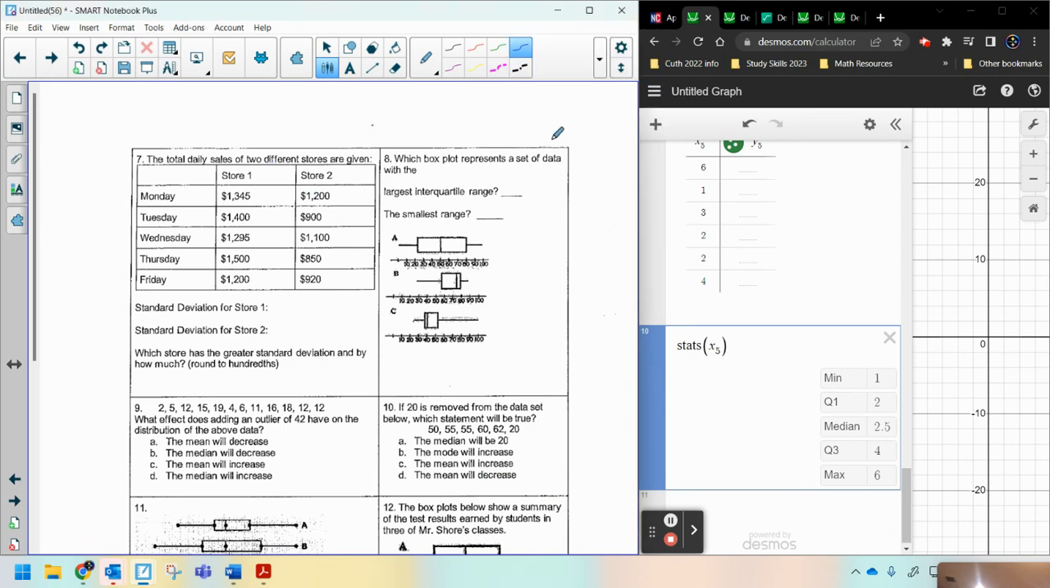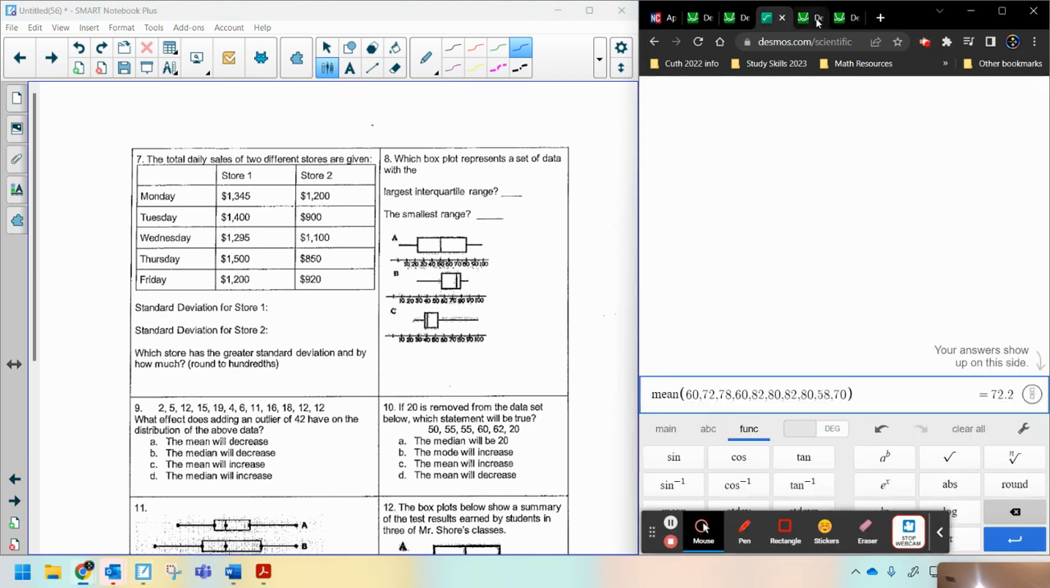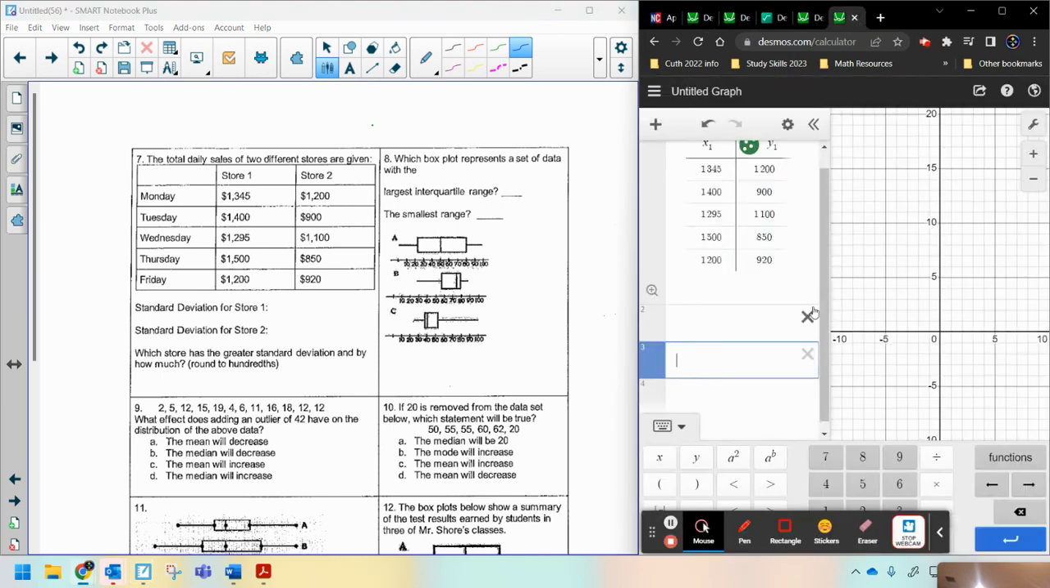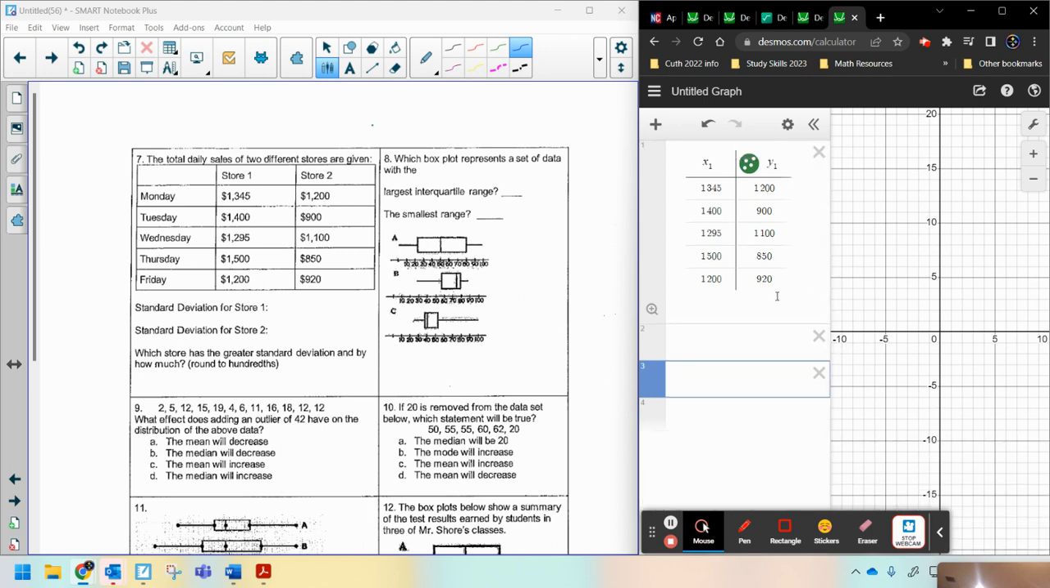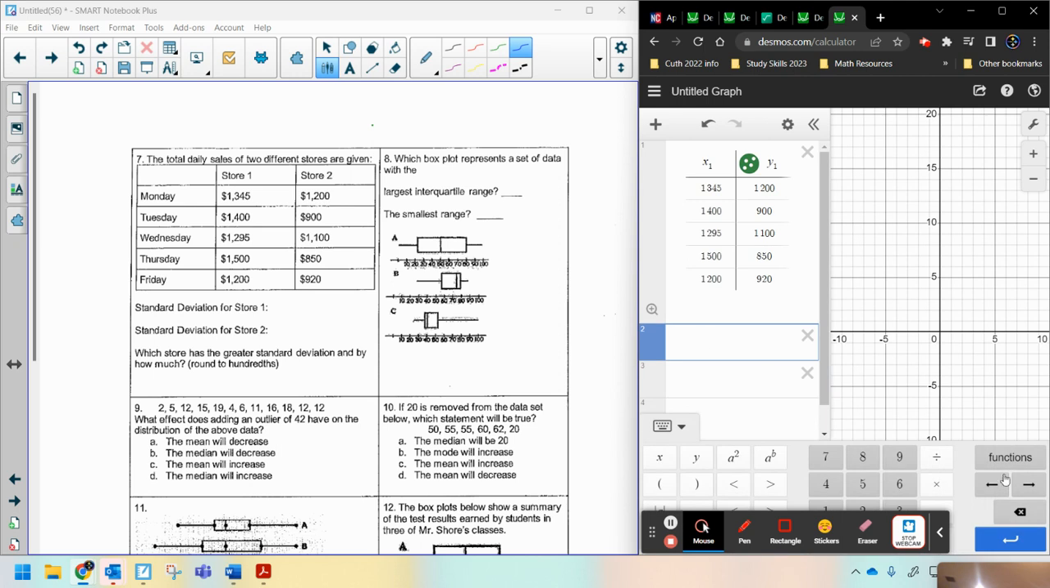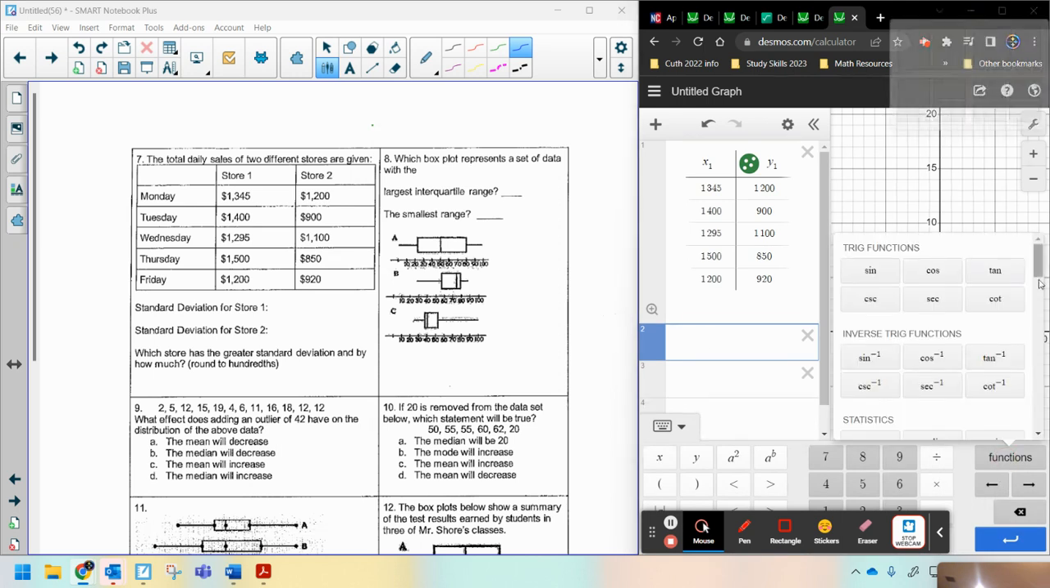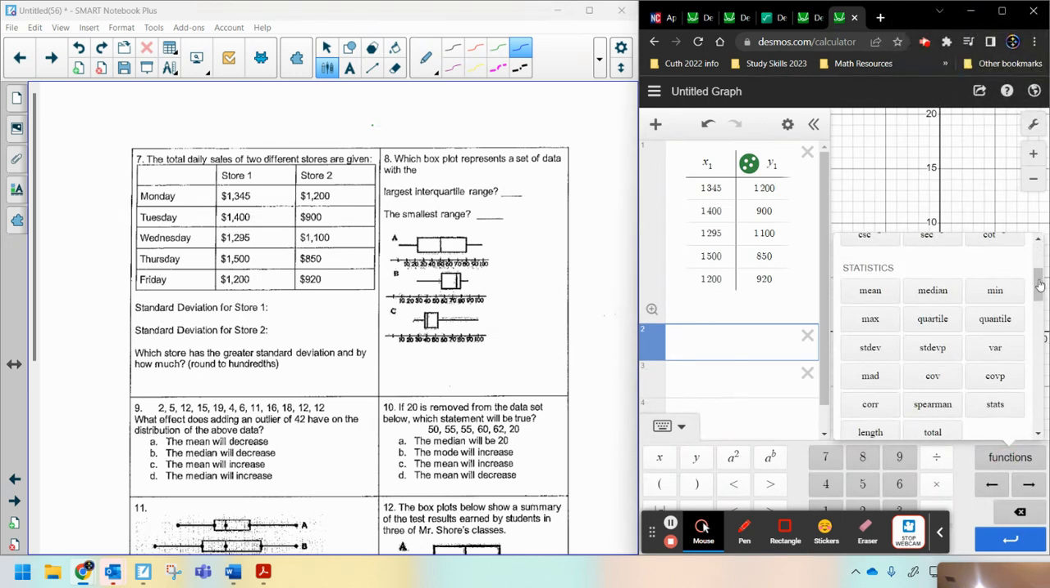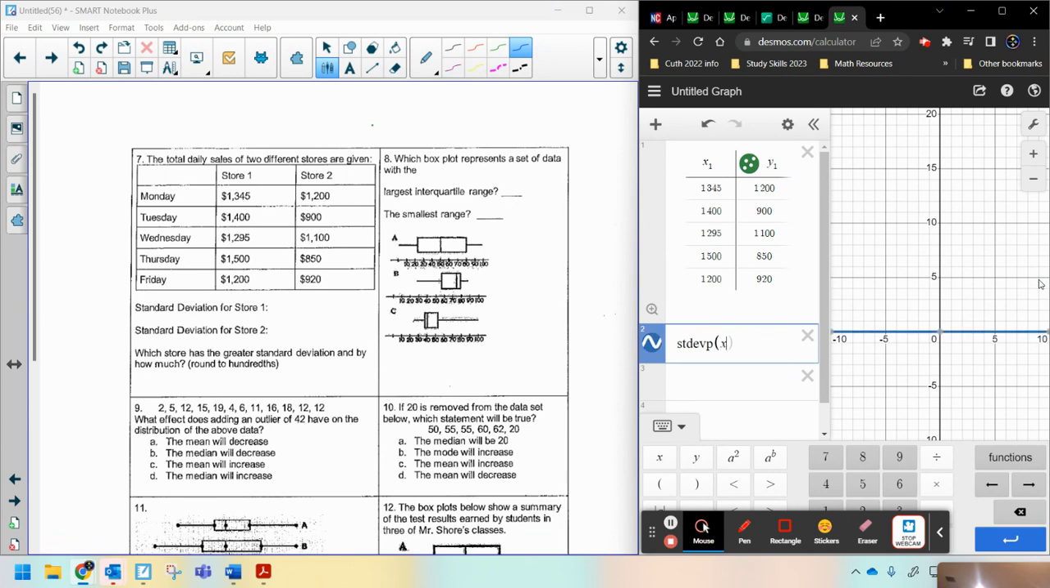Total daily sales of 2 different stores are given. So we have store 1 and store 2. I think I have this standard deviation here somewhere. All right, here we go. So we're looking for the standard deviation. I put in for x1 and y1. So we're going to go to functions here. We're going to go to stats, and we're going to do standard deviation p, and we're going to put in